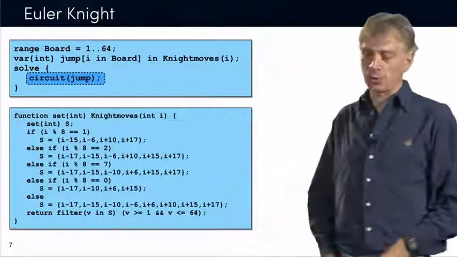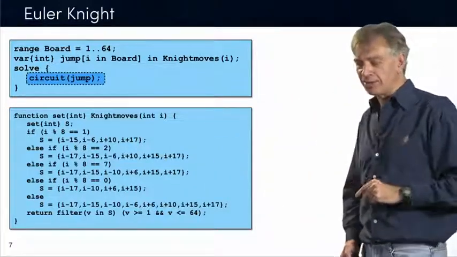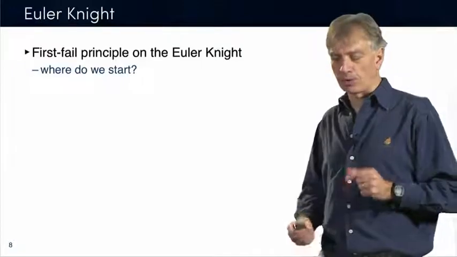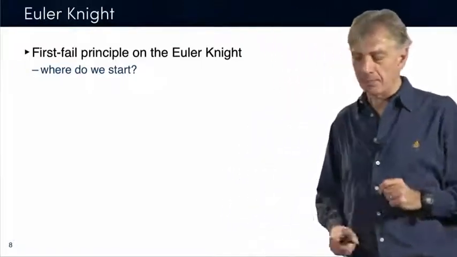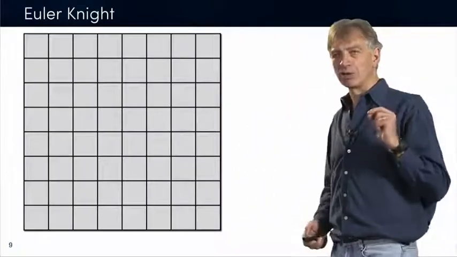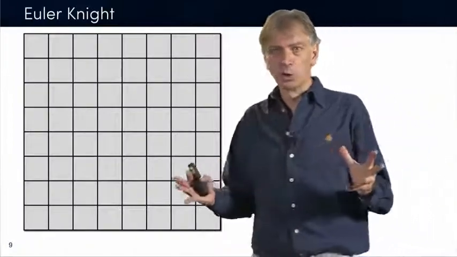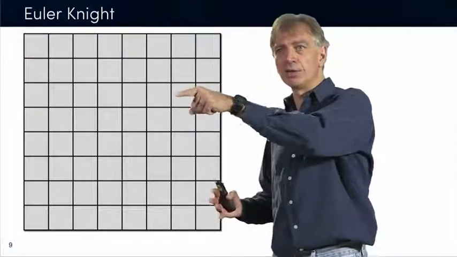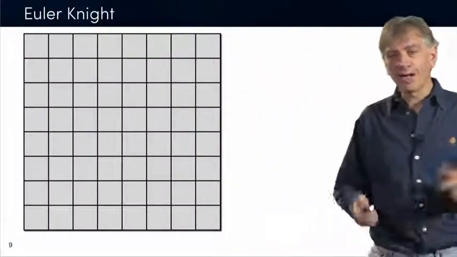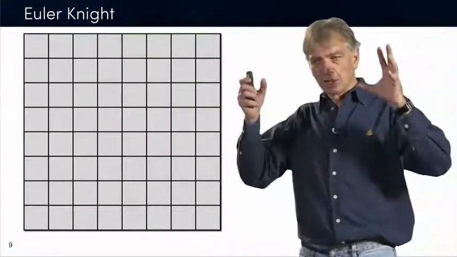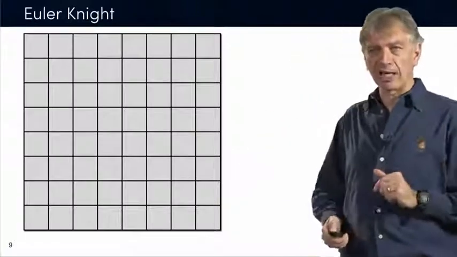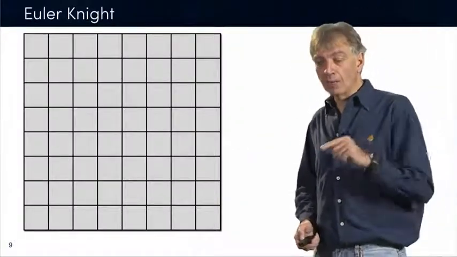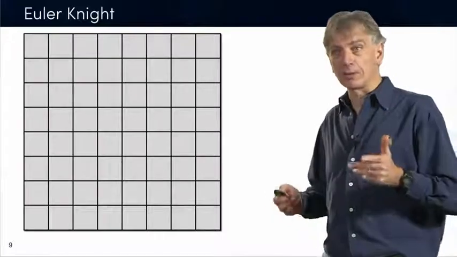but you just have to know that this can be done. Okay? Now, what I want to show you is essentially how the first fail principle is working on this particular example. So let's look at the chessboard. This is the chessboard at the beginning. So where do we start? Are we starting at the middle? Are we starting here? Are we starting over there? Well, the first principle is telling you to start first where you are the most likely to fail. Where are the positions where it's difficult to jump?